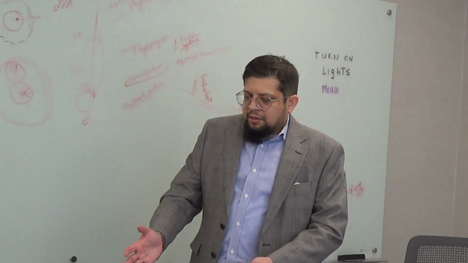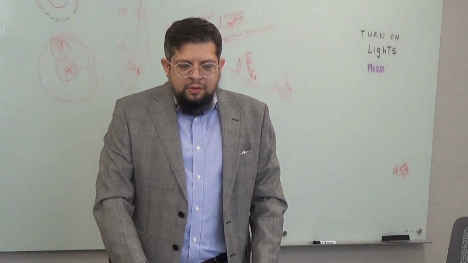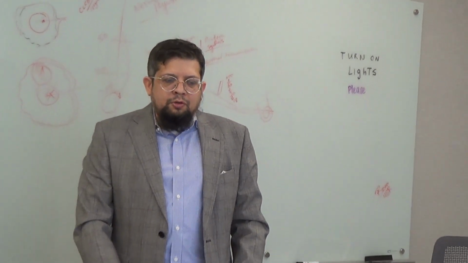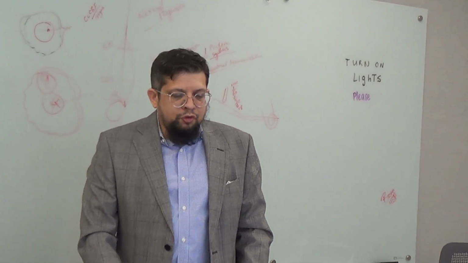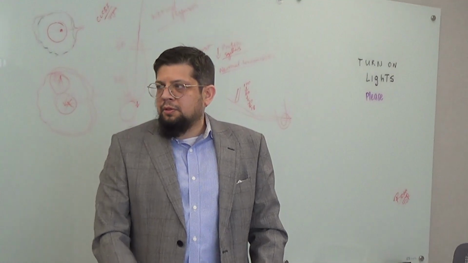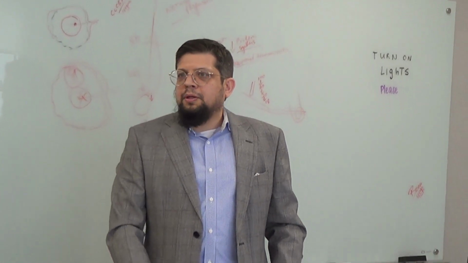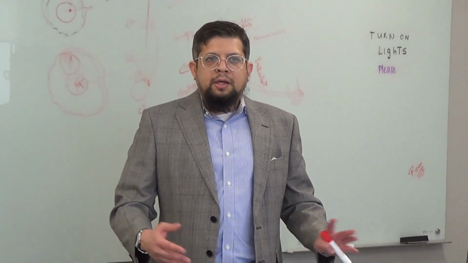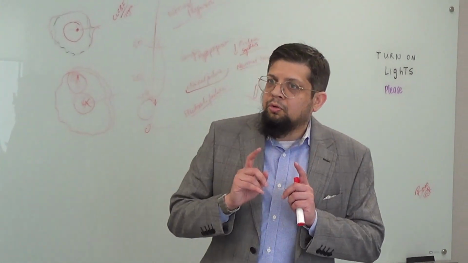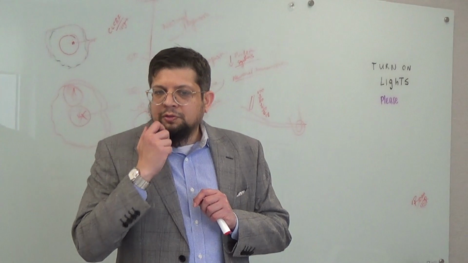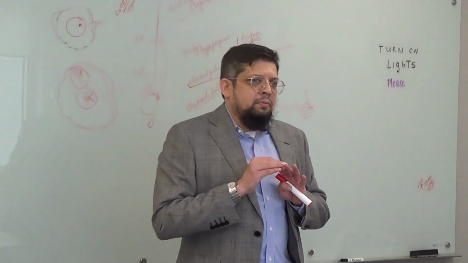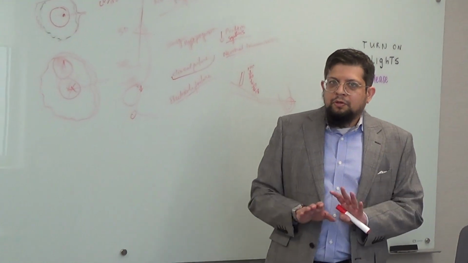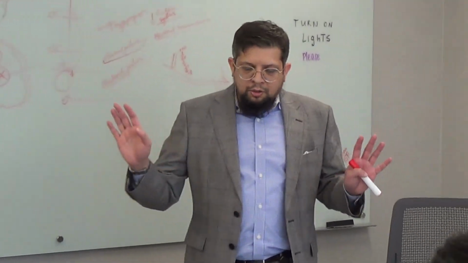So we have an extended time window up to 24 hours for large vessel occlusion. Most of these patients are thrombectomy eligible. However, there are a few patients who may not be thrombectomy eligible. So we just give them tenecteplase and be done with it, and we don't take them to thrombectomy. But it has to be large vessel occlusion. It can't be small vessel occlusion such as a lacunar stroke. And I think most of you know the difference between lacunar stroke and a large vessel occlusion. I hope you do, because we have talked about it many times.